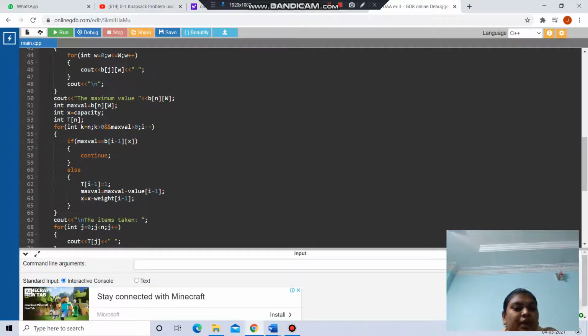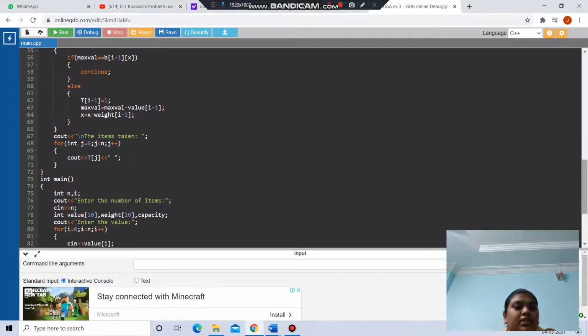The maximum value equals maximum value minus value of i minus 1, and x equals x minus weight of i minus 1. Then here are the items taken. Inside this for loop we have given int j equals 0, j is less than n, and j increments.